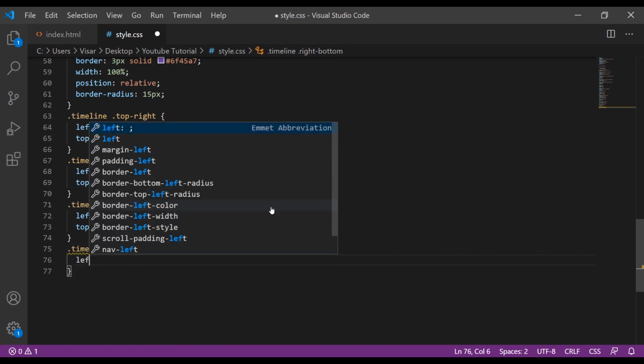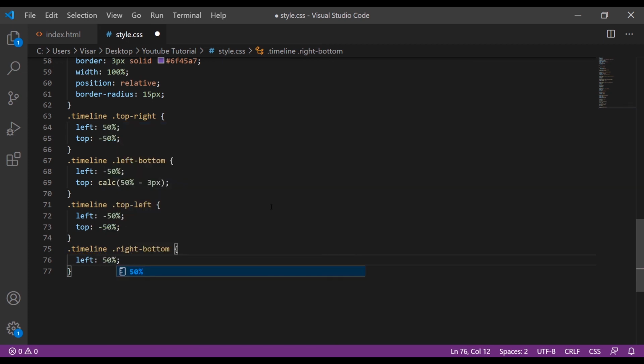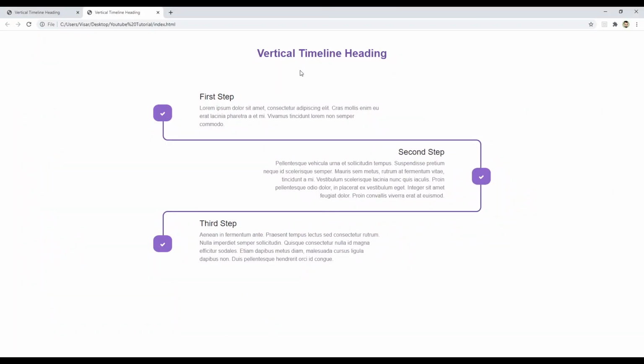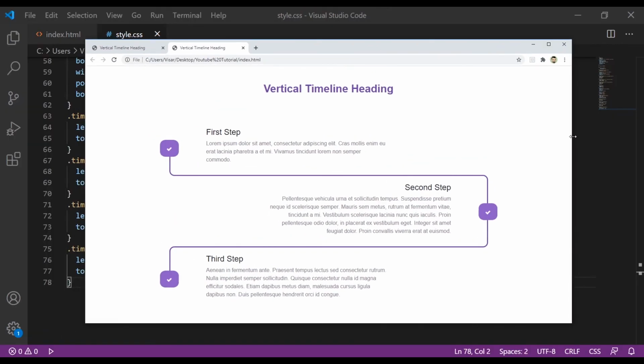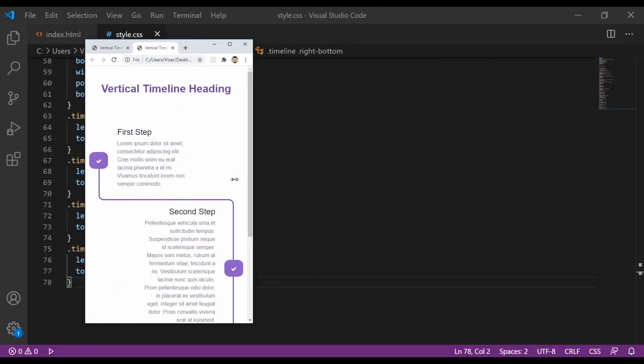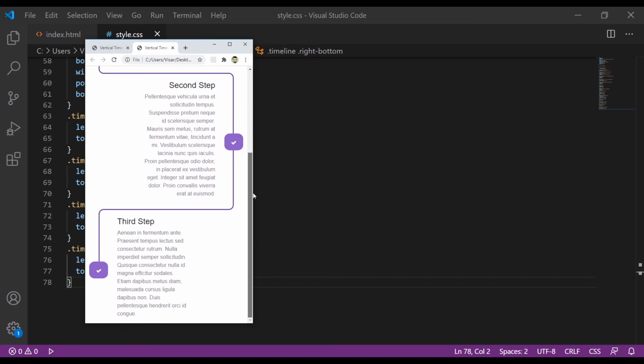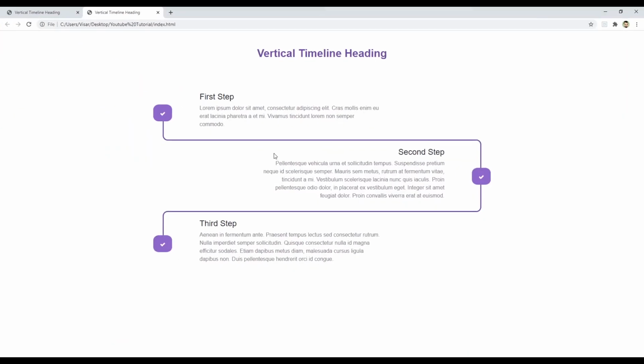This will have left of 50% and the top will be calc 50%, 3 pixels. This should be it. Let's save it, refresh, and we have it. As you can see, it's responsive.